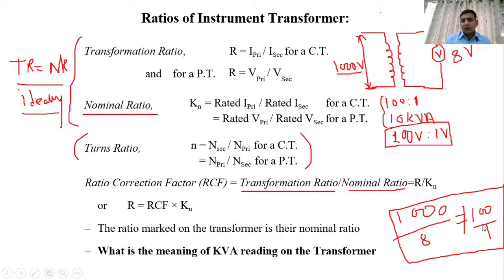So from this we conclude that transformer ratio is not equal to nominal ratio in case of a practical transformer. So we have to find out why and how our particular losses, like core loss and copper losses, directly affect the ratios of our instrument transformers. For this, first we will consider the CT, which is the current transformer. In this particular lecture, we will focus only on the current transformer and see how the transformer ratio and nominal ratio become unequal and cause a turn ratio error in our CT.